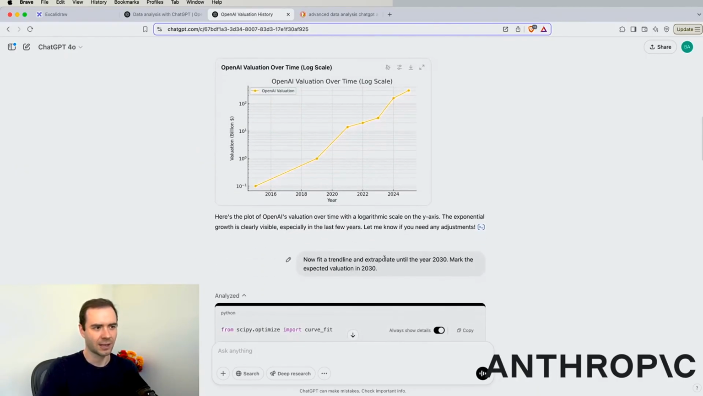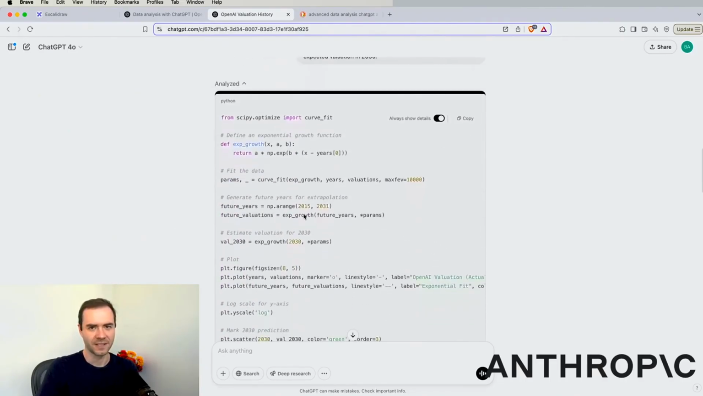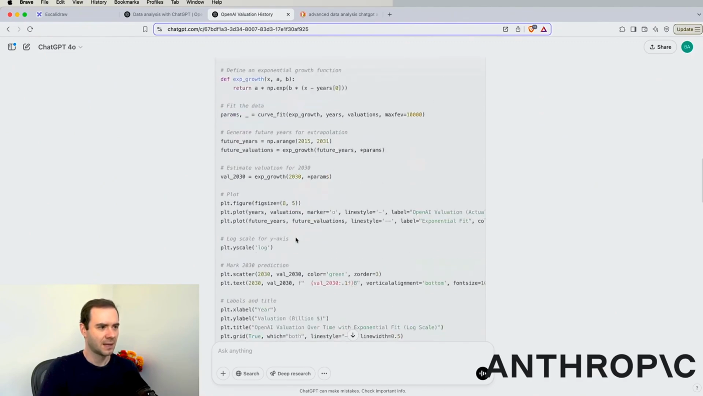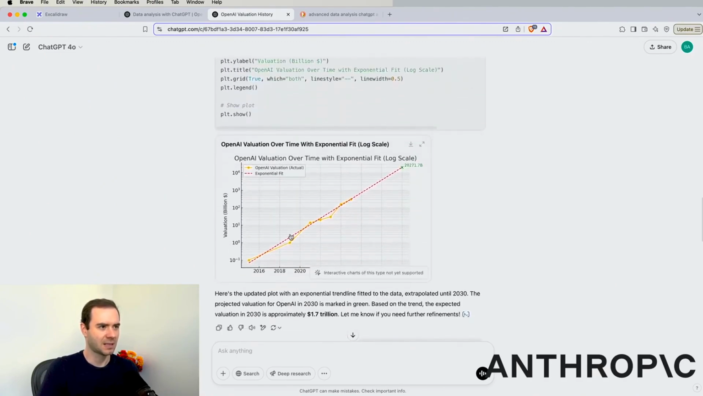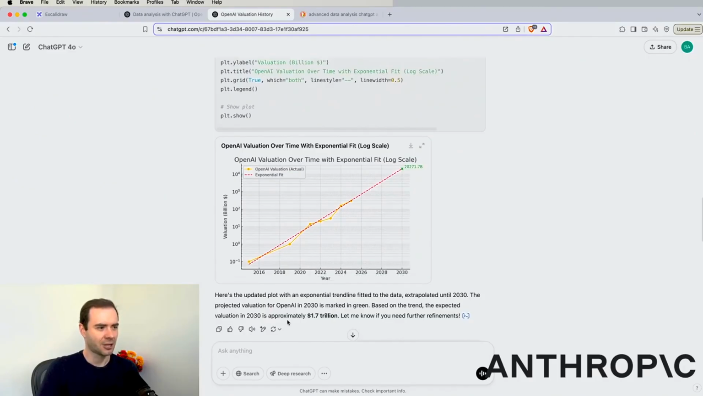Now, fit a trend line and extrapolate until the year 2030. Mark the expected valuation in 2030. So it went off and basically did a linear fit, using SciPy's curve fit, and came up with a plot. And it told me that the valuation based on the trend in 2030 is approximately 1.7 trillion, which sounds amazing,